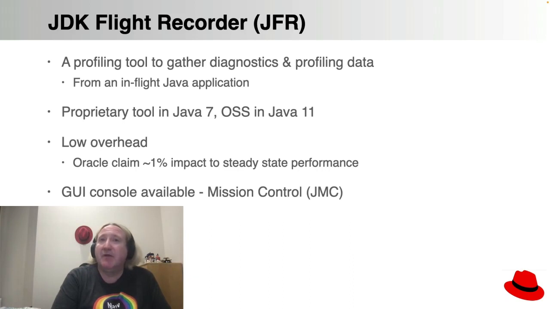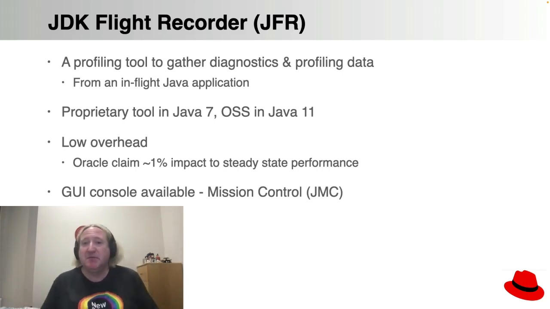It's extremely low overhead. Oracle claim that it gives you about a 1% impact. I think that's probably overstating the case. It depends, of course, a great deal on what you actually collect. The more data you collect, the more you disturb the process that's under observation. It's almost like quantum mechanics, you know. The more you look at something and the more you observe it, the more you disturb it and mess around with it. I've certainly seen on a reasonable data collection profile around about 3%. And if you're prepared to be more light touch than that, maybe you can get it down even further.